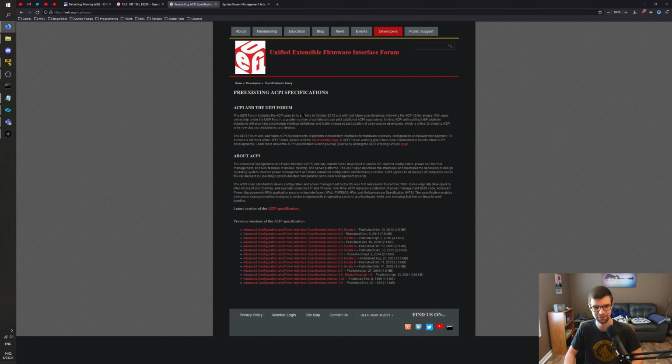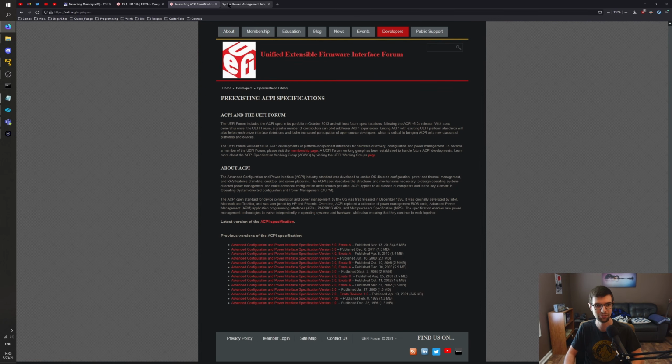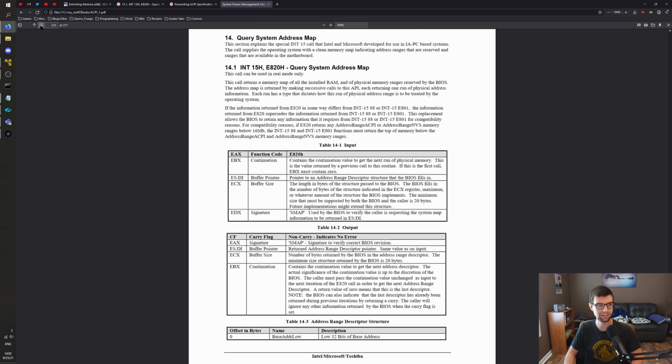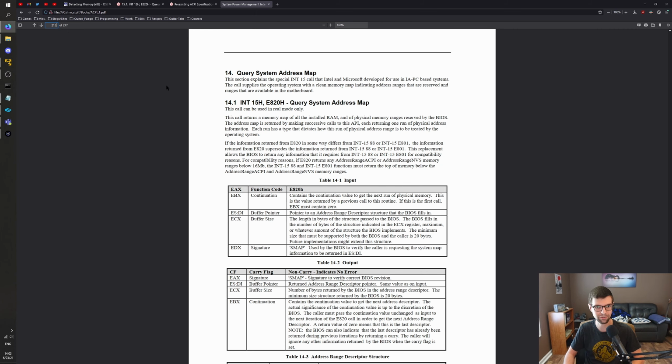ACPI prior specs gets to this page. I went to the first one here, which is from December 22nd, 1996. The text is a little small, and that is this page here, so these all point to the same thing. I just wanted to show that this did exist before 2002. At least the standard existed as of December 1996, revision 1 of the ACPI, which is the Advanced Configuration and Power